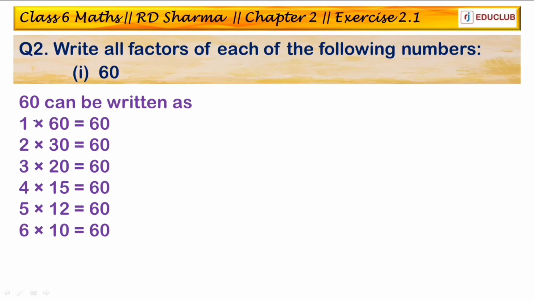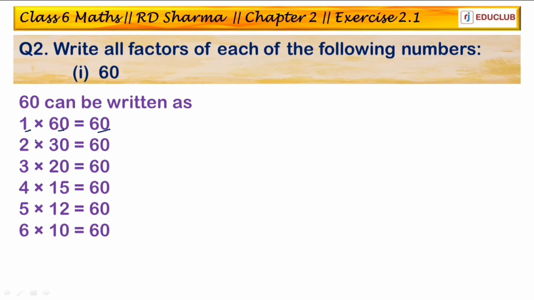Always start from 1. Always remember the number itself and 1 are the factors of itself. So 1 into 60 is equal to 60. I can write 60 as 1 into 60. It means 1 and 60 are its factors. Now from 1 move on to the next numbers 2, 3, 4, 5, 6, 7 and so on, with which a number can be multiplied to get 60, if it is possible.